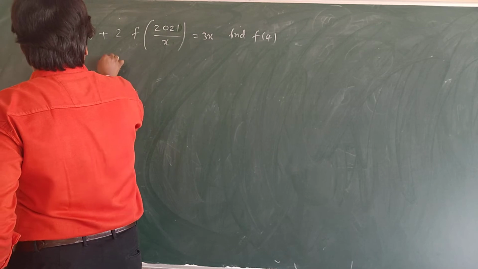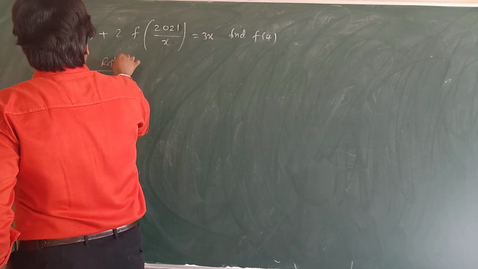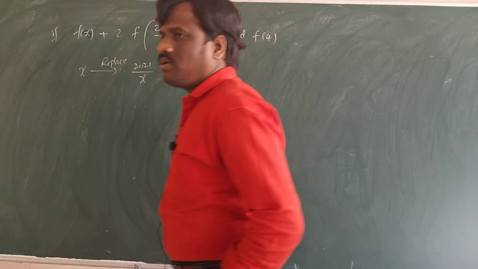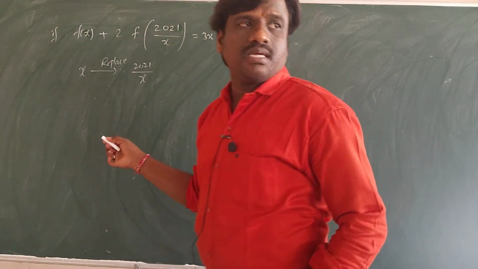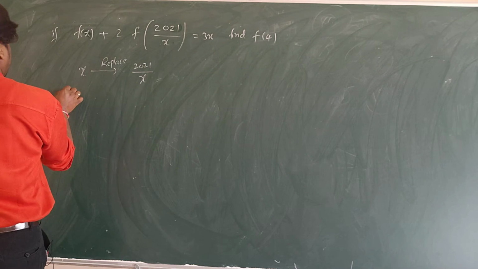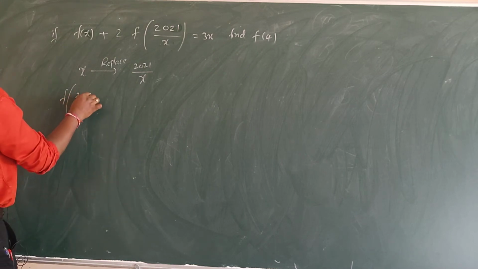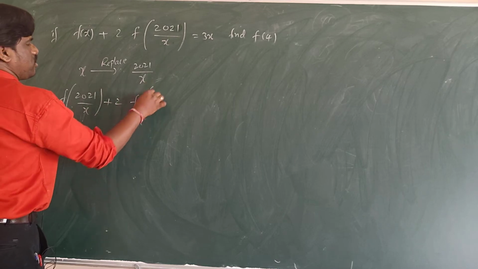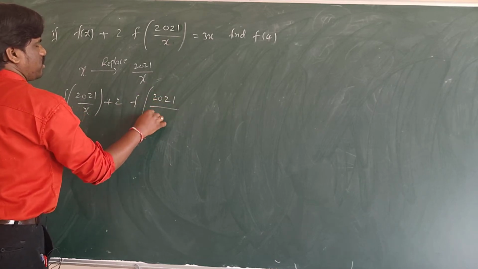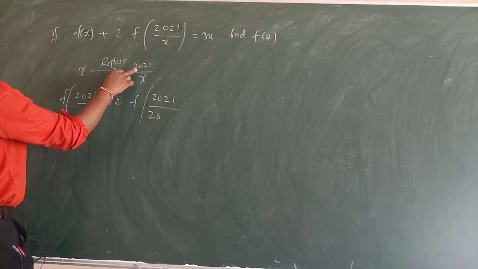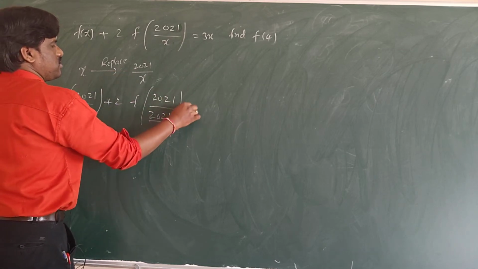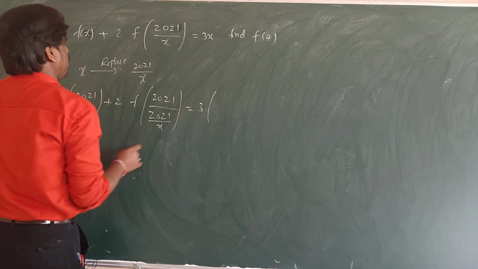x should be replaced with 2021 by x. If it is replaced like this, then what do I get here? f of 2021 by x plus 2 times f of 2021 by 2021 by x, is equal to 3 into, replacing x by 2021 divided by x, 3 into